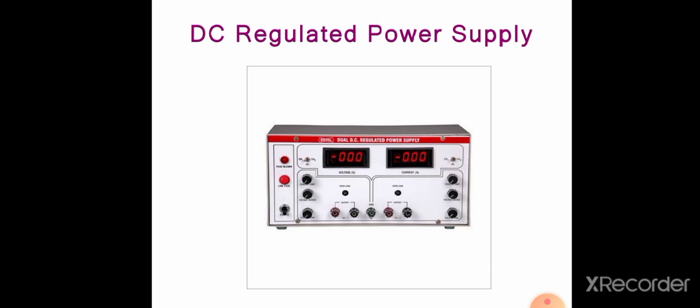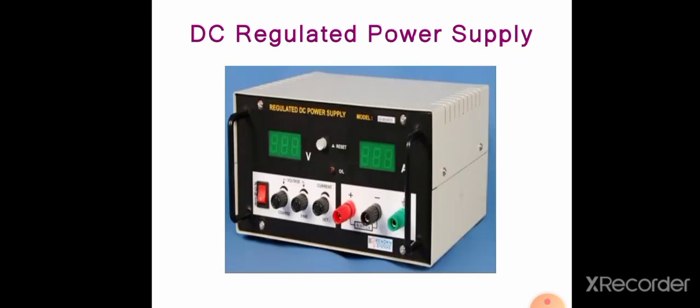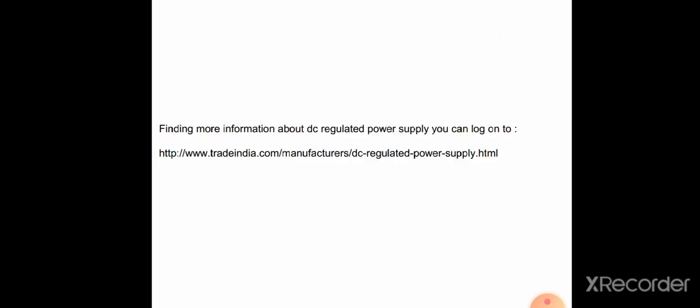So these are some pictures of DC regulated power supply. Here the transformer will give you step down voltage. Then inside, rectification is done, meaning conversion of AC into pulsating DC. Then it is given to the filter. The filter will produce pure DC from pulsating DC. So these are some DC regulated power supplies which we have used in our laboratories, and the construction or inside block diagram we have seen in our chapter.